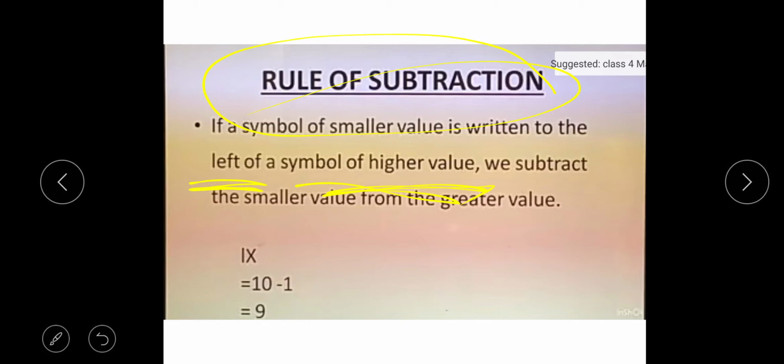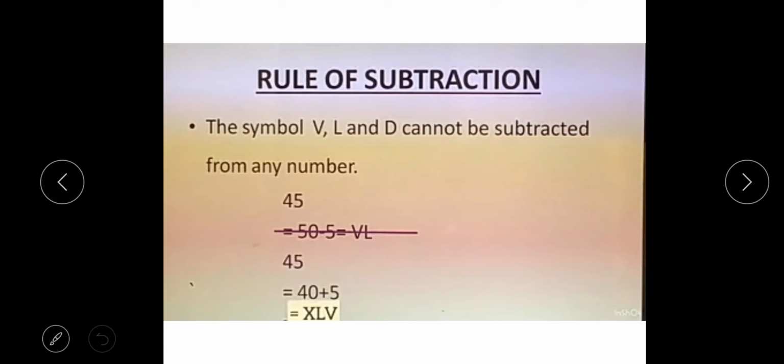So we subtract 1 from 10. What do we get? Number 9. So IX represents the number 9. Okay. Then next,